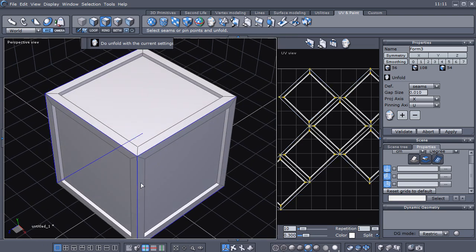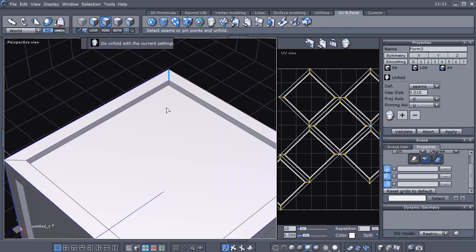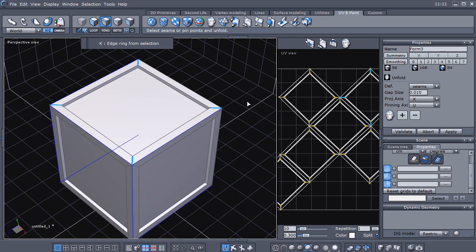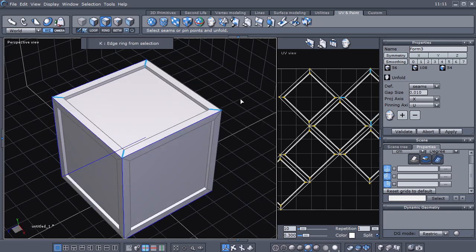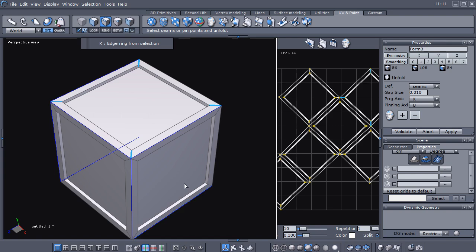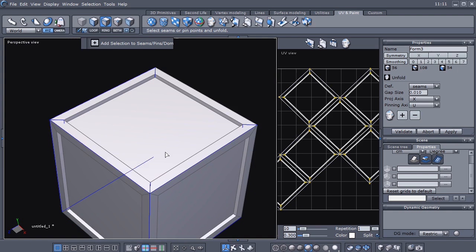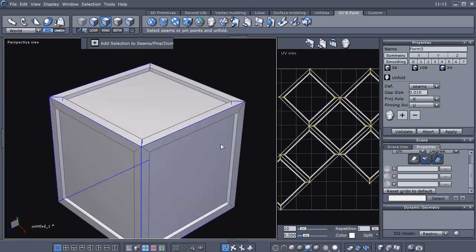So let's go ahead, and we're going to start right here on the top, and I'm going to mark these corners here, and I'm going to click ring select. Let's make sure all those are selected. Let's go ahead and turn off these grids and get them out of our way under the scene panel and under the properties tab. Just hide those there. And let's go ahead and click the plus key, make sure that we got all those,